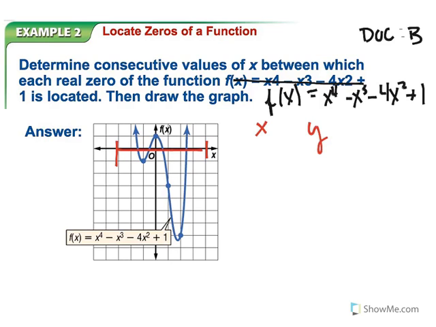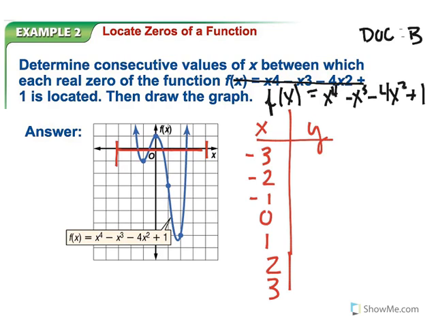So we have x and y, and if I look at my graph, I go from -3, -2, -1, 0, 1, 2, 3. We're not going to go to 4. There we go. Alright, so looking at my graph, I have the following y values: 73, 9,